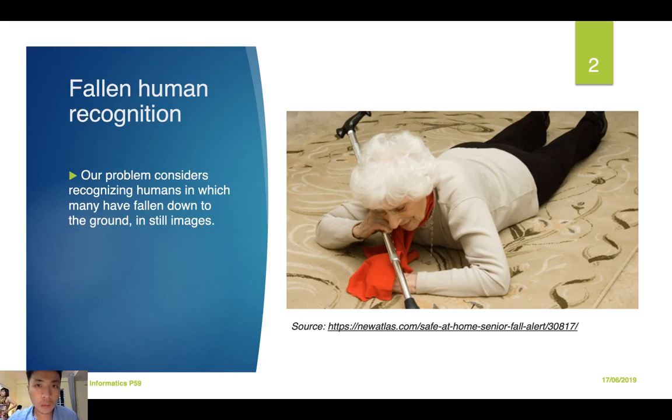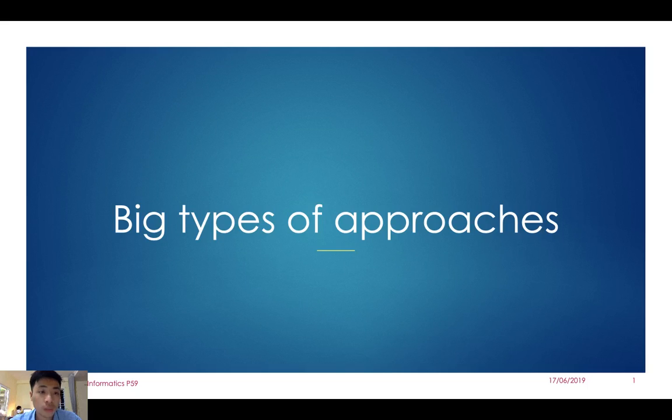To begin with, I'm talking about the problems where we have to predict the presence of humans inside photos. At Inria, where I've been doing my research in my internship, a new dataset has been collected for training and fine-tuning a mobile robot to detect humans in images, in which there are a lot of images including humans who have fallen down to the ground. These are all still images. We have a dataset for videos as well, but my research is only about still images, 2D ones.